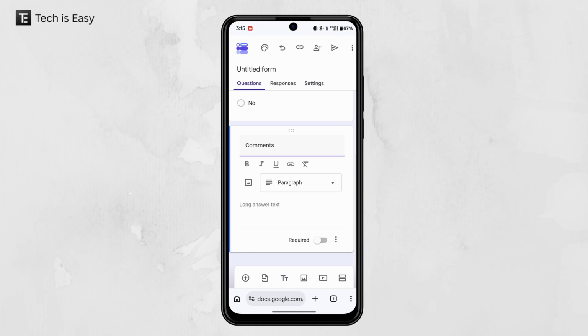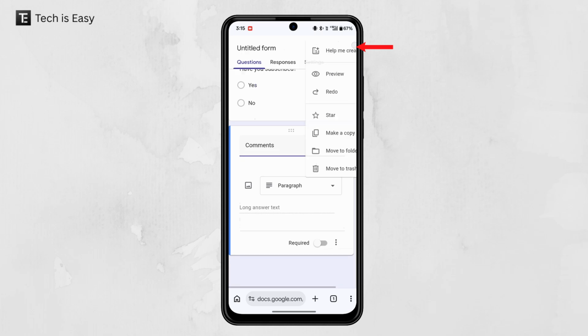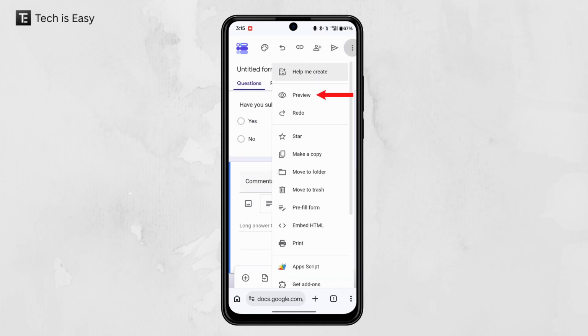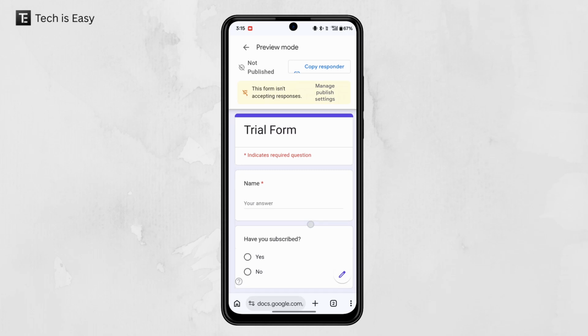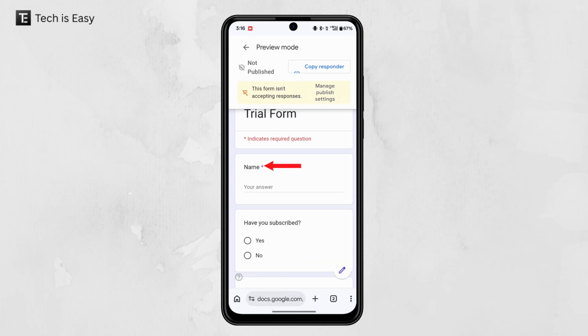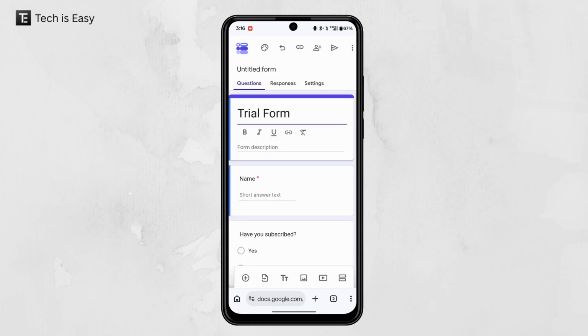So the same way, keep adding more questions, and once you feel the form is ready, you can preview it once. So to do this, click on the 3 dots which are on the top right, and select preview. And this is a preview of the form. As you can see, all the questions have come here, and next to name, there's an asterisk. This is because it's a required question. So if you want to make any change, then just click on the back option, and again, we can make